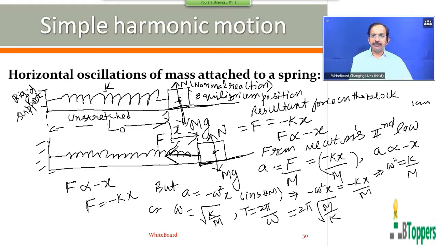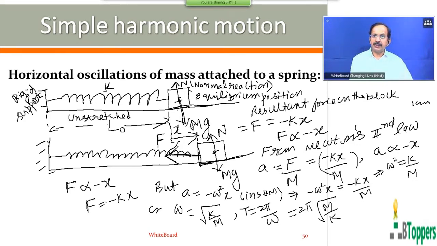Suppose the oscillations are stopped, so that the block is again at rest in the original equilibrium position, where the spring has its natural length L0. Now suppose the block is pulled towards the right by a distance of 2 centimeters from this equilibrium position and released from rest on the smooth floor. Then it performs simple harmonic motion with an amplitude of 2 centimeters, but with the same time period. That means the time period of simple harmonic motion is independent of the amplitude of oscillations.